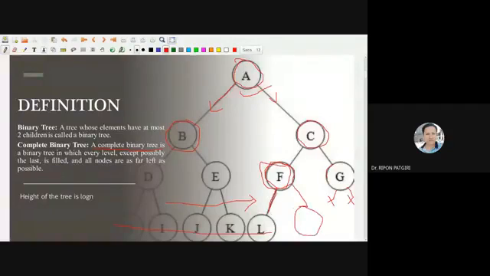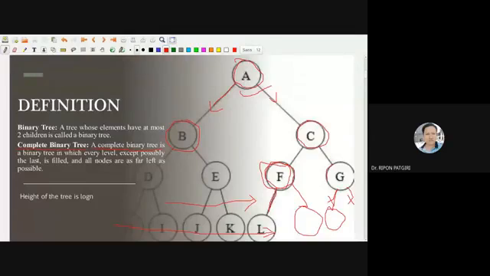Then we will say this property holds, a complete binary tree. This should be from left to right. Here G has only one child. Then this tree will be known as a complete binary tree.